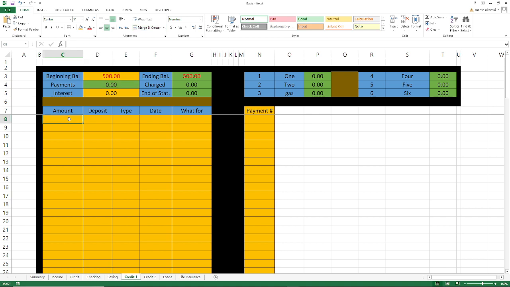When you buy something on credit, let's say $40 for gas. If you take gas, that's number 3, type 3, date, and gas. So that's all good to go.